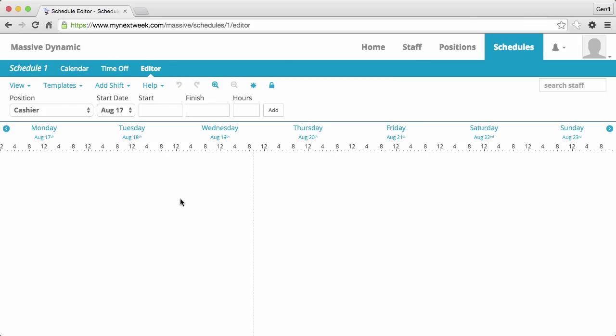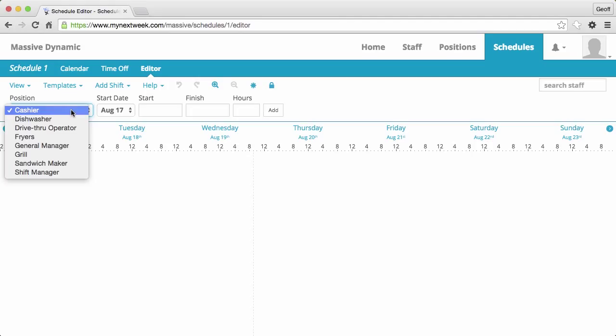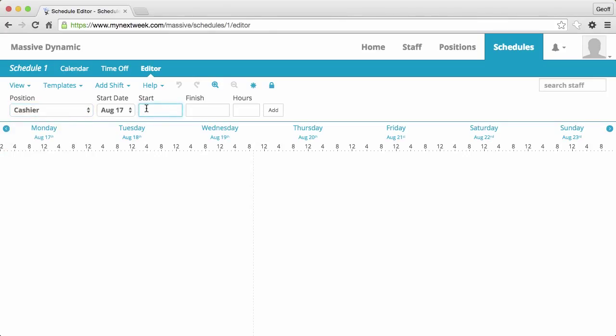So here is the schedule editor. The first thing you notice is that whenever you are putting a new shift onto the schedule, you have to say what type of shift that is. So you say cashier, and we are going to say open at 7 a.m. and our shifts will be 8 hours long. And so we'll create, say, 3 of these,